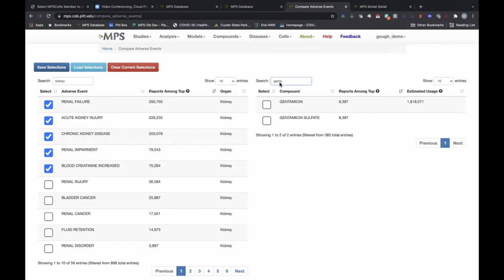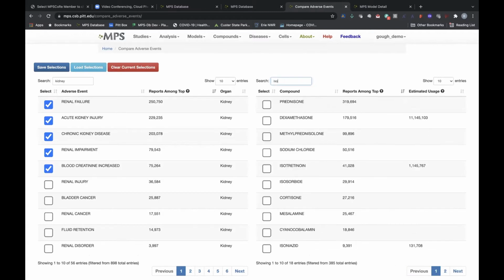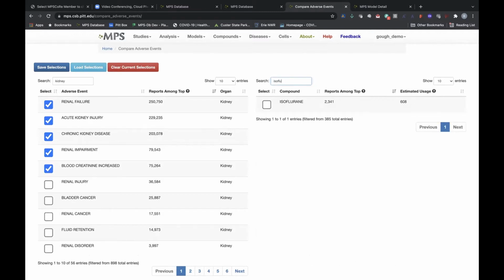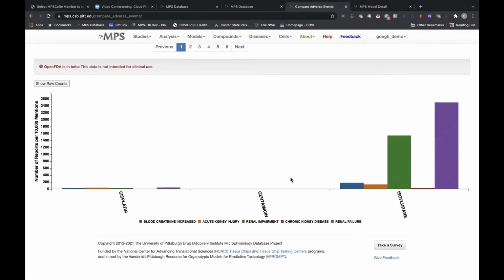Maybe we'll look at gentamicin again, and cisplatin, and isoflurane. And then if we scroll down to the bottom, we see for the selected adverse events,